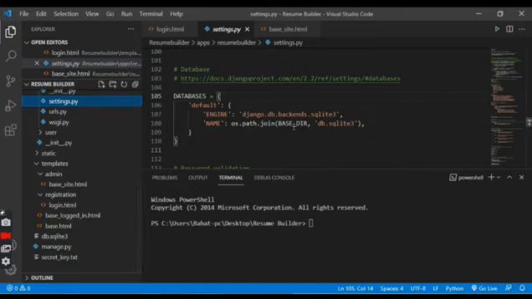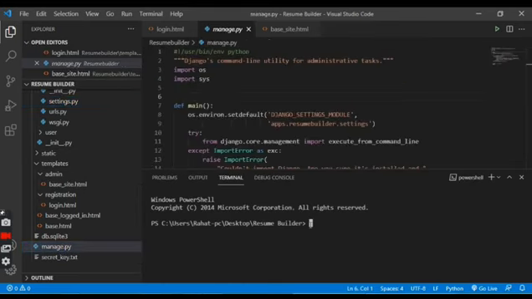And yes, the database would be providing us the SQLite. So let's not discuss much about this file, as we won't be editing it very frequently. But remember, this is a very important file. After this, we will move towards